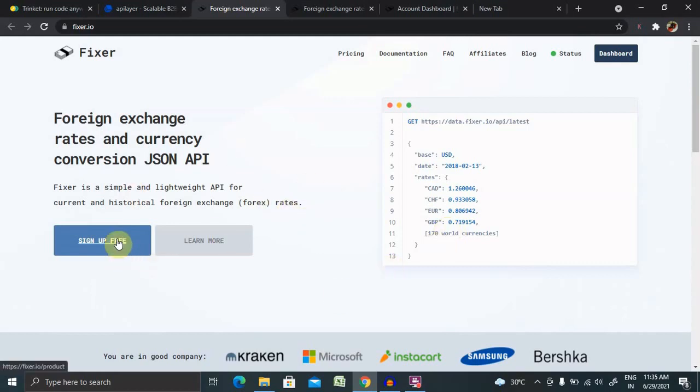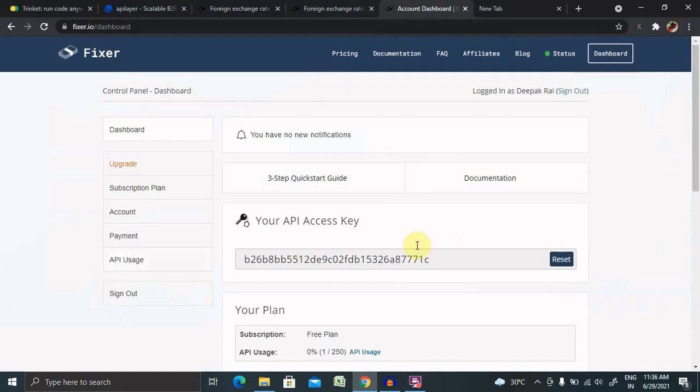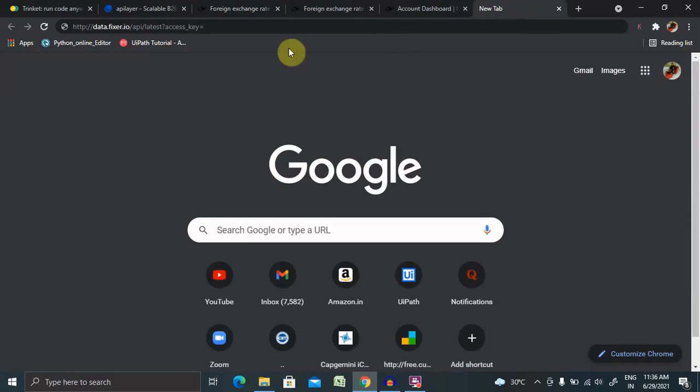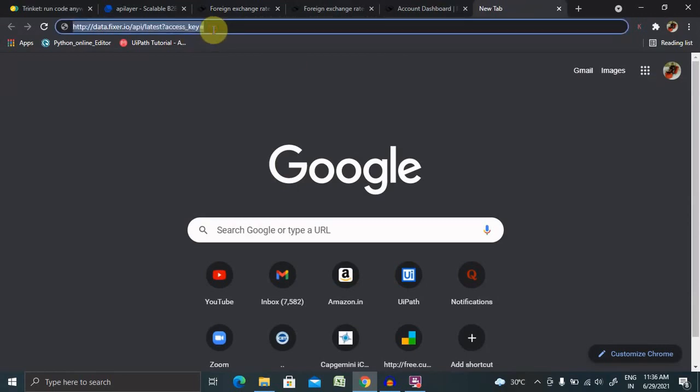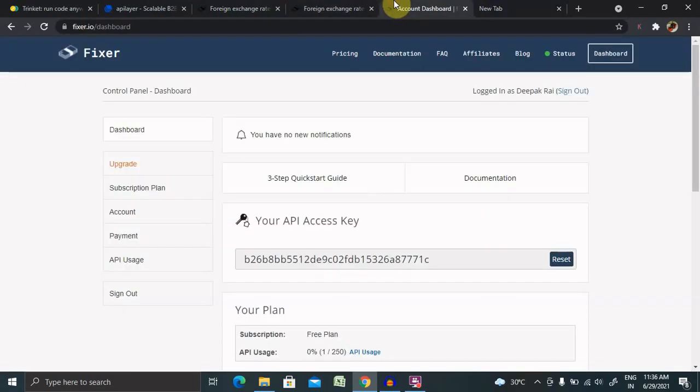From here you have to create a sign up account. Once you create a sign up account on fixer.io, you will get an email to verify the account, with the link as well as the API keys. Once you click on verify account, it will navigate to this page where your API access key is available, and the link which you have to paste for currency conversion is this, and you have to use this API access key.